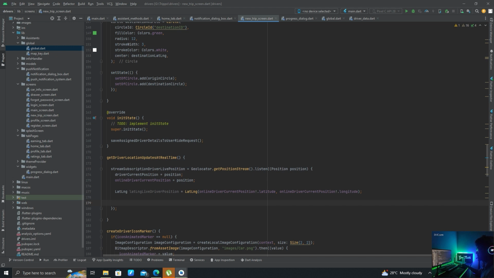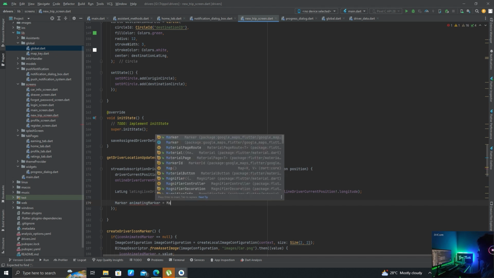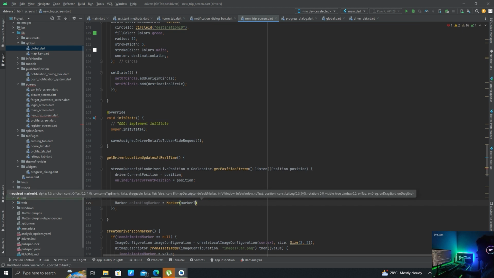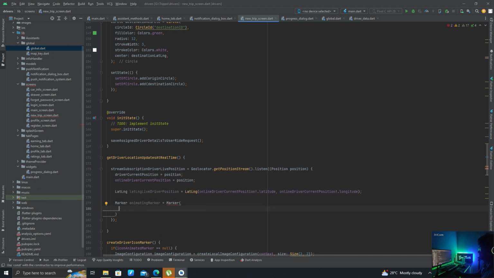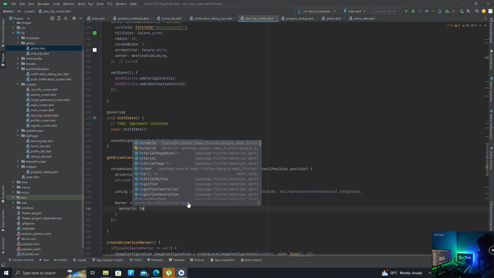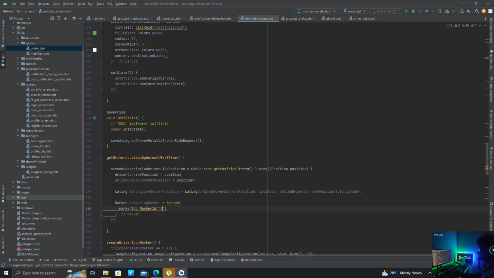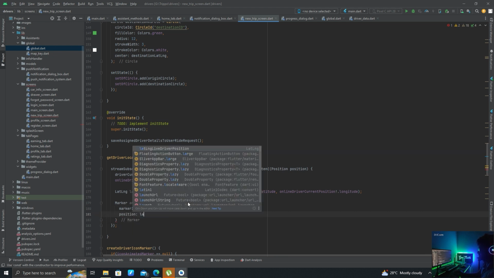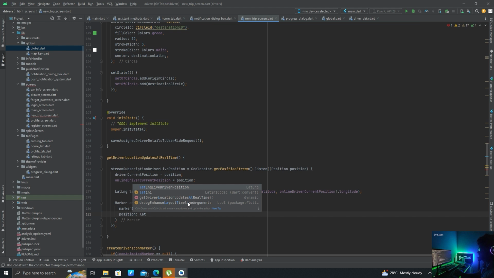And after that we can change our marker to marker animating marker equals to marker id animated marker position latlang live driver position